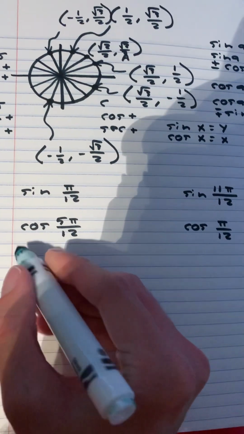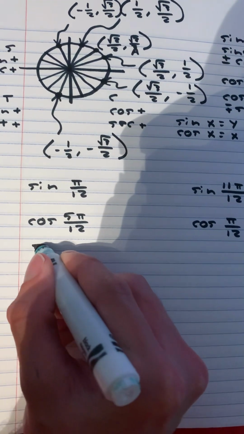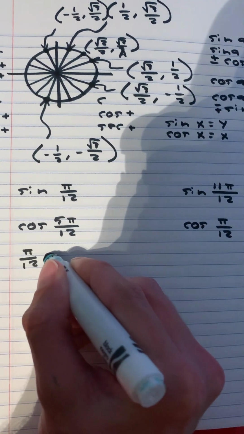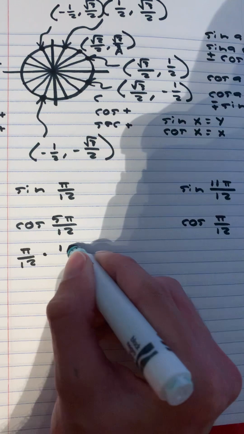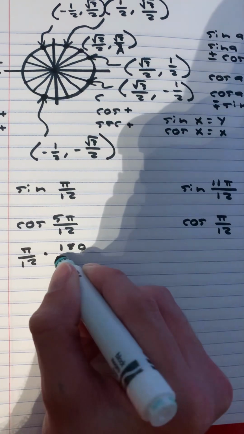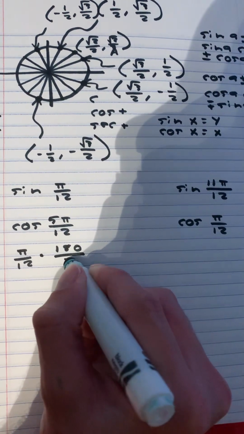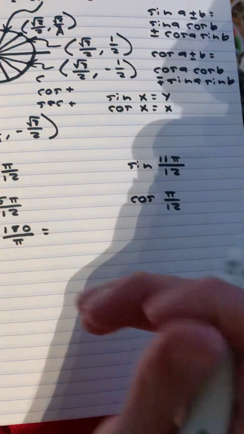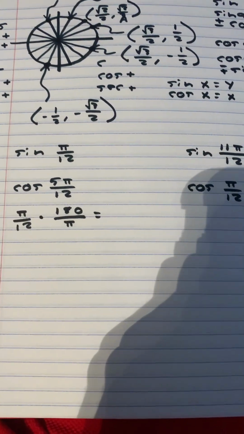So what we have is pi over 12 times 180 over pi, right? And that should give us, I'm going to use my handy dandy calculator,